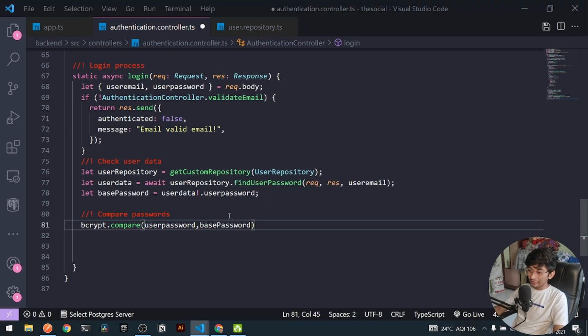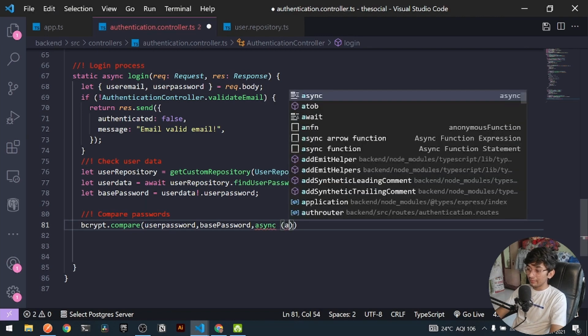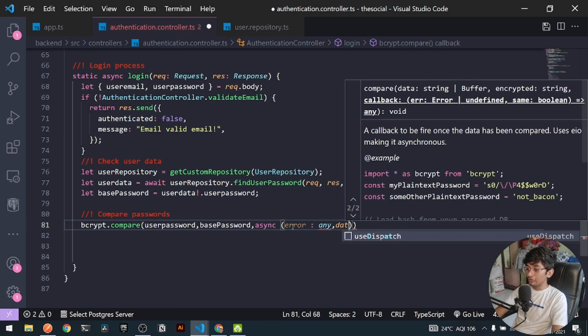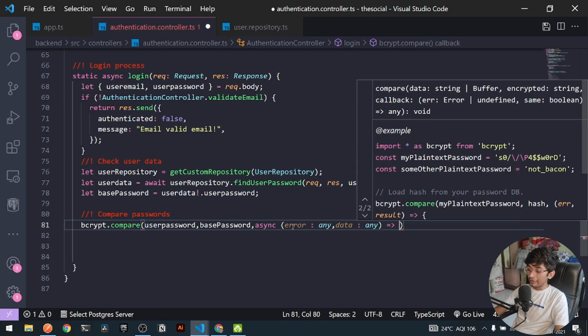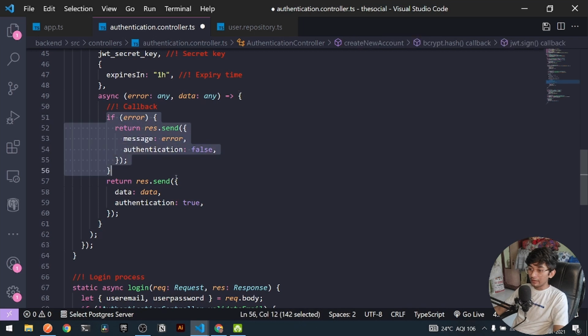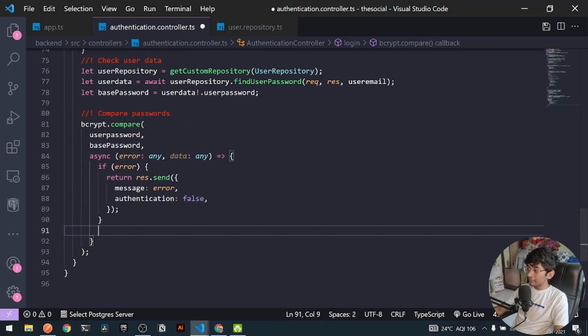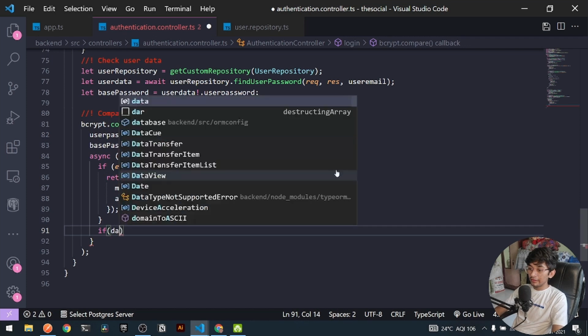Now this will be giving us a new callback. So here I can say asynchronous callback. It will be sending some error, which will be any, and also some data of any, right? We can copy the following error callback and paste it here, if you got some error. Else I can also do one thing. If I got some different data, I can say if data.